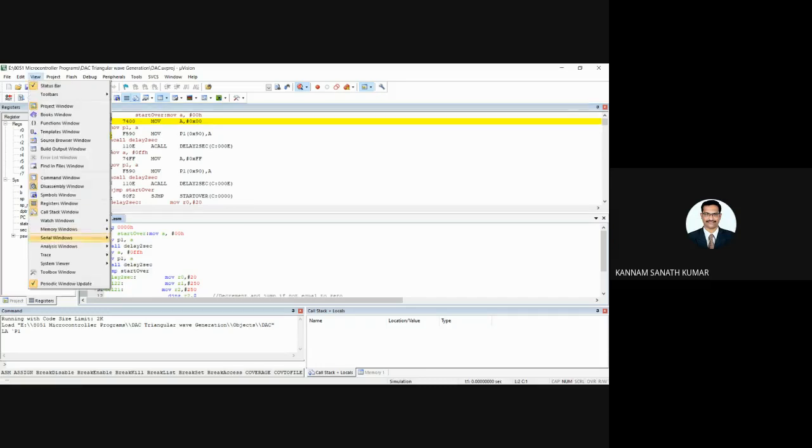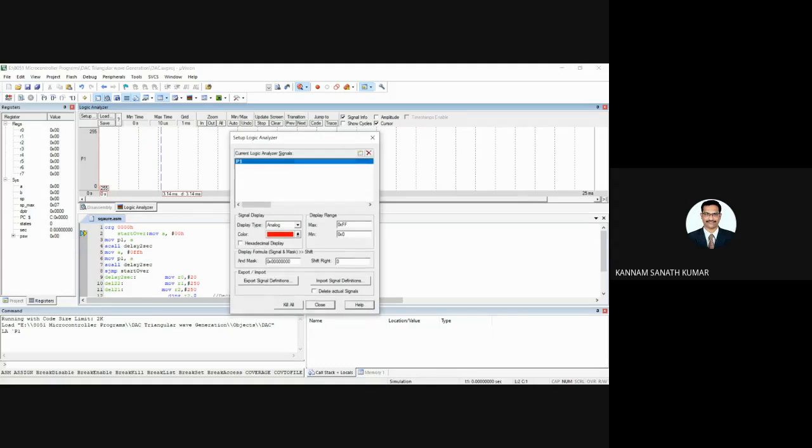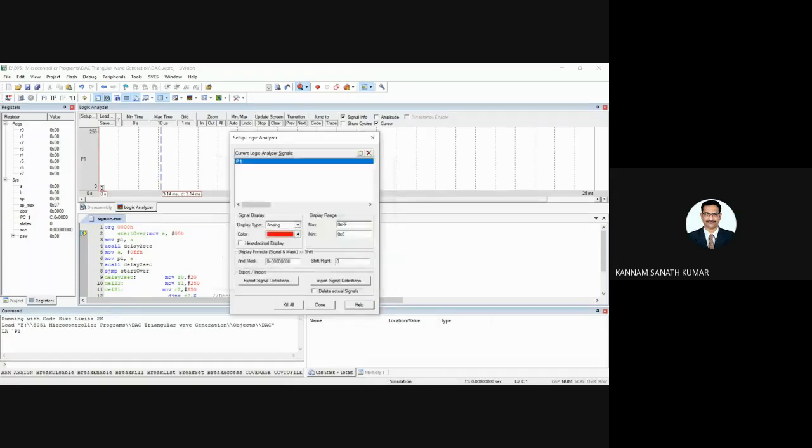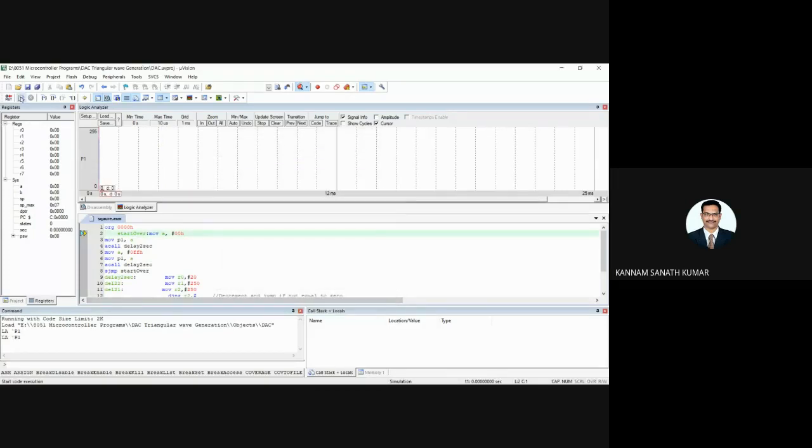You can go to view, analysis window, logic analyzer, setup. Here you can write port 1. Enter. You can select any color. Close. Run. You can zoom out.